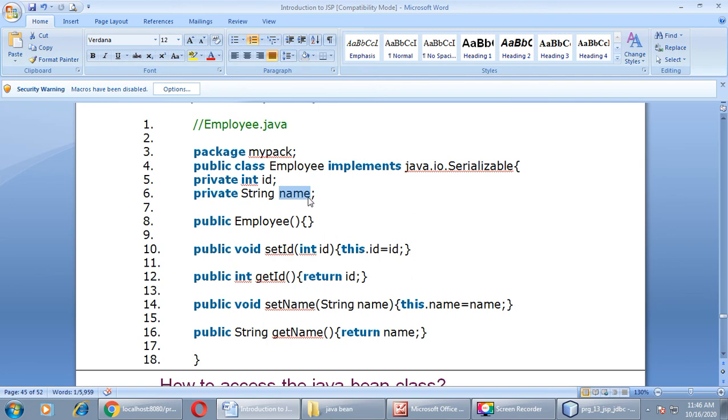Then the getter method for this variable, String getName, return name. Here I want to specify some properties of getter and setter methods. As you can see, for the get property name method, here we are talking about getId, getName.